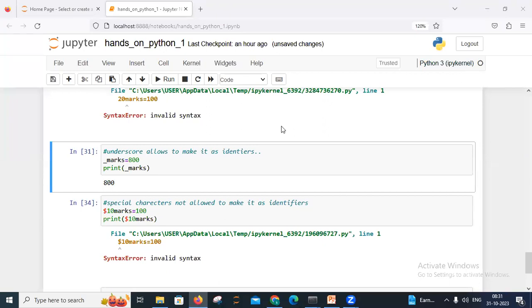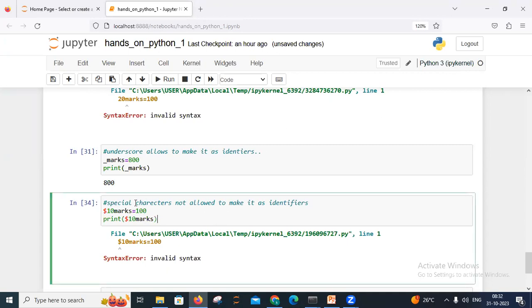Written as small letters, capital letters, not special characters, and also use the underscore. We cannot start with a digit, you can start with uppercase, you can start with lowercase, and you can start with the underscore. We cannot start with a special character, right? You cannot start. You can see,